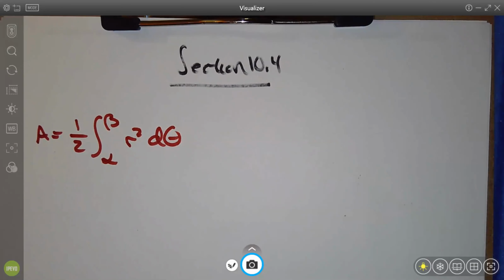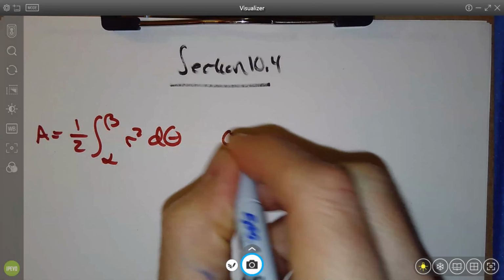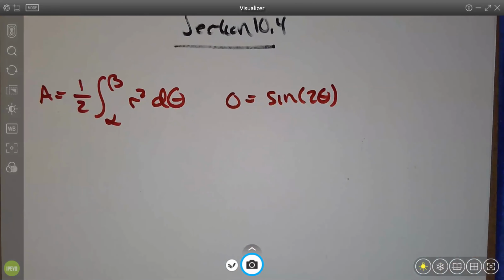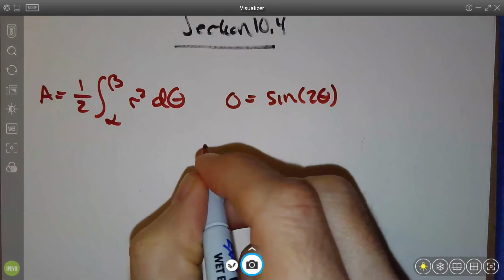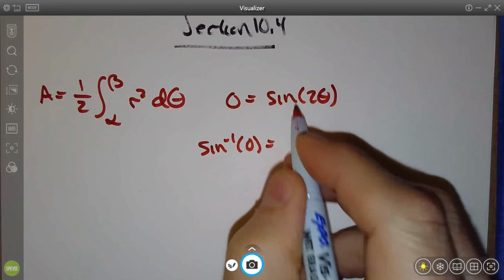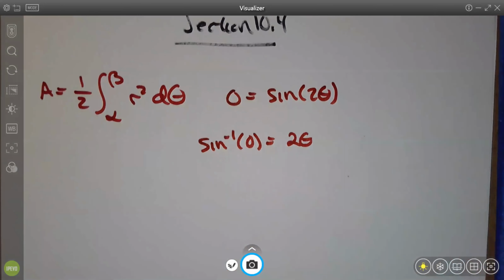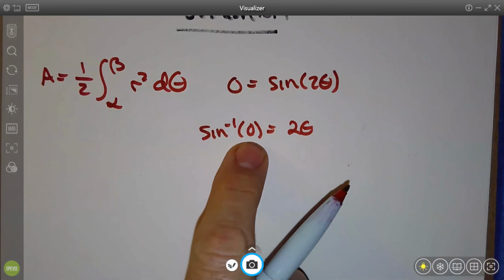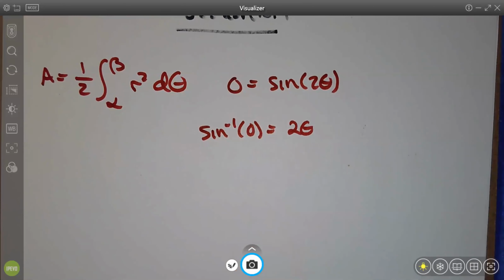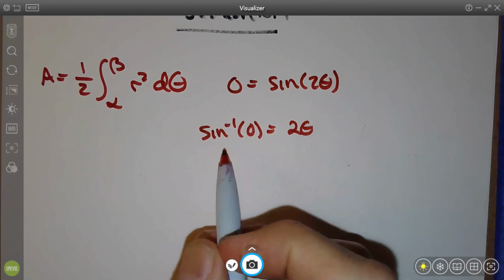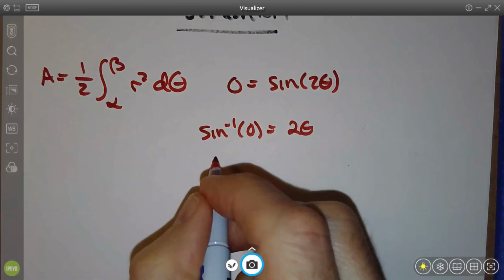So let's look over here. We've got 0 equals sine of 2 theta. If you wanted to get theta by itself, you could take the inverse sine, also known as the arc sine, on both sides. Now the arc sine is going to cancel, leaving me with 2 theta. Now you might say, I know where sine is 0. Sine is 0 when theta equals 0. And that's fine, but we need a little bit more general solution here. Sine is going to be 0 whenever the angle is a multiple of pi. So let's just call this n pi,